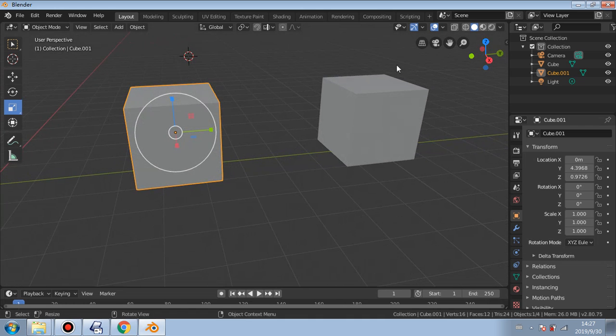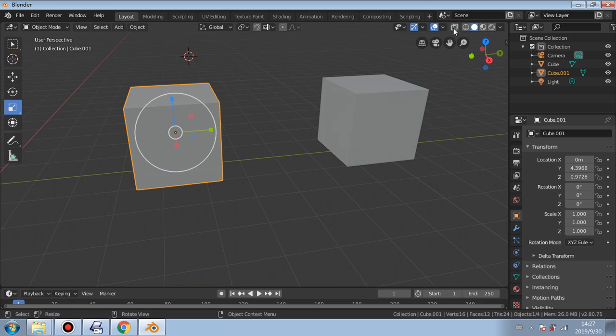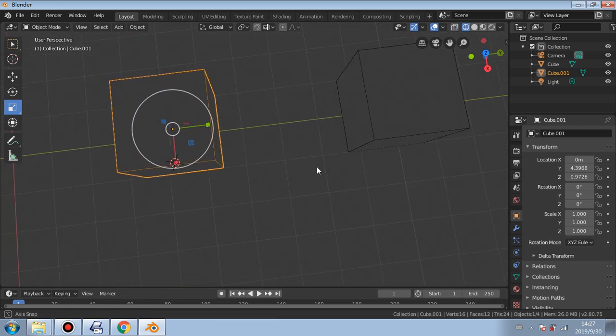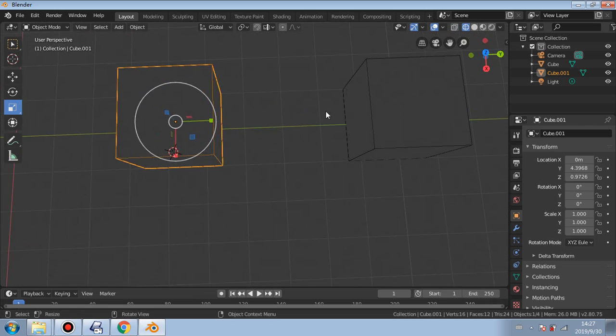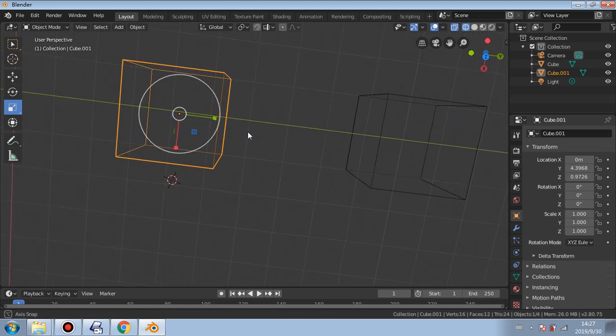I think a good thing to do would be to go into wireframe mode by going up here and choosing from your view mode. Go to the wireframe one, and it's going to be X-ray as well. It has to be X-ray. I think it works better. Go to X-ray. Yeah, so we can see that bottom plane as such, right? So now,